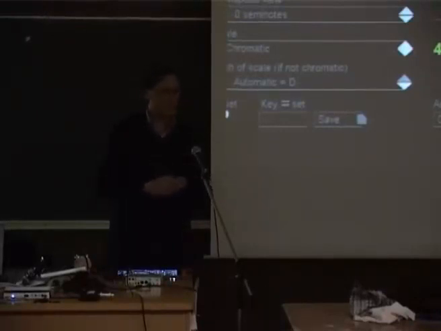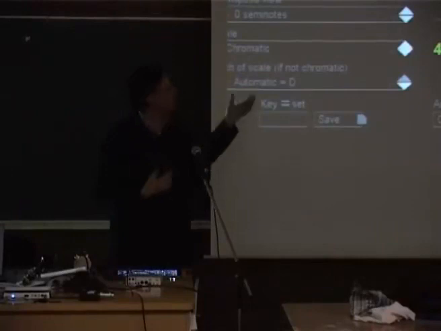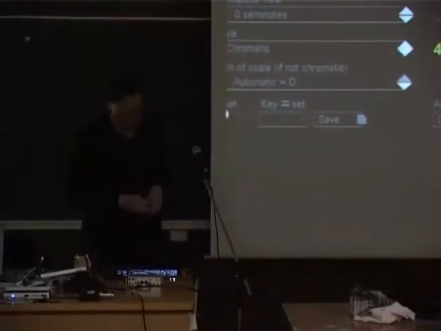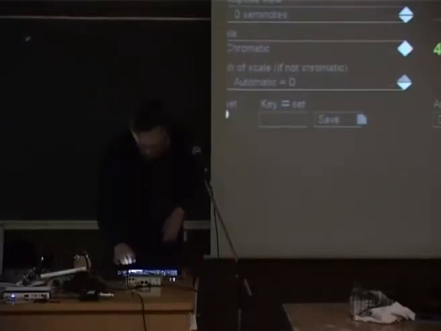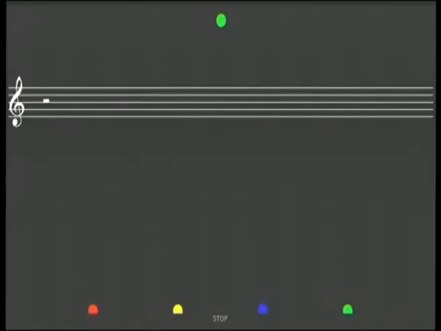We did a project on John Cage last autumn. And then we had not only this very technical, musically technical interface, but also other interfaces to use. For instance, here you show the notes in harmony.